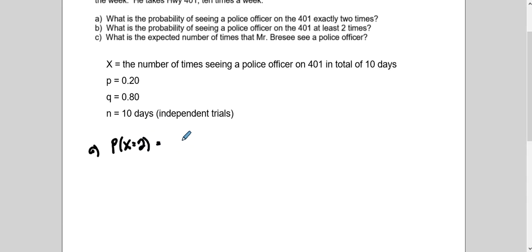So I know that in the 10 days, I'm going to see it twice. I know the probability of success is 0.20 to the power of 2. So there's my success. And hopefully my failure should be 8 times,